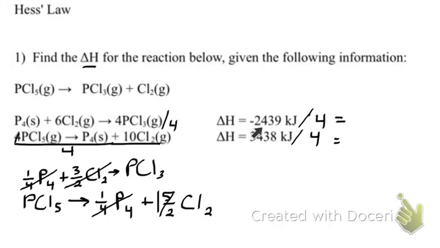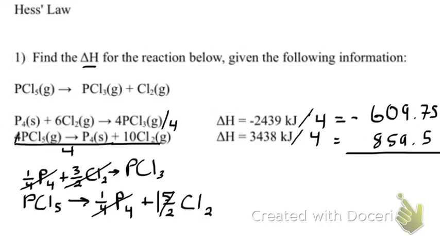So when you divide this number by 4, you get negative 609.75. And when you divide this number by 4, you get 859.5. And so your delta H, when you add all those values together, is